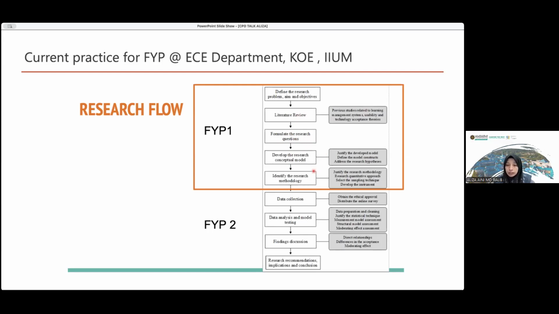And they will develop the methodology depending on the research questions. Once the methodology is very clear, they will move to the next semester, that is FYP2. So they will start to collect the data.